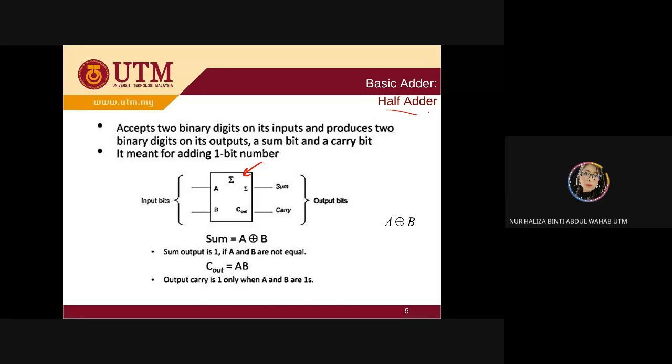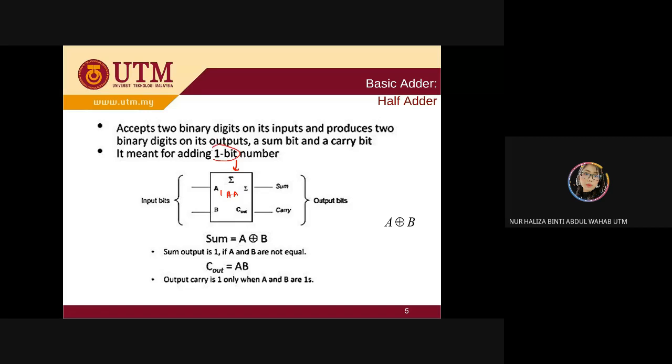What you're going to use in terms of the input: the input only adds 1 bit numbers. So this is the requirement for half adder. If you have 2 bit numbers, you cannot use only 1 half adder. If maybe you have 2 bit numbers, you need to have 2 half adders. You combine them together, then you can add. So if you have 3 bits, maybe you need to have another one, so you can add all the numbers. But basically, 1 half adder